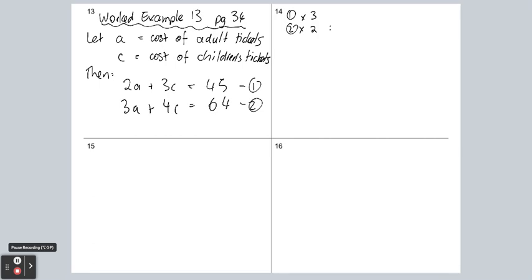So 3 2s are 6, a, plus 3 3s are 9, c, equals 45 times 3, which is 135. Equation 2: 3 2s are 6, a, plus 4 2s are 8, c, equals 64 times 2, which is